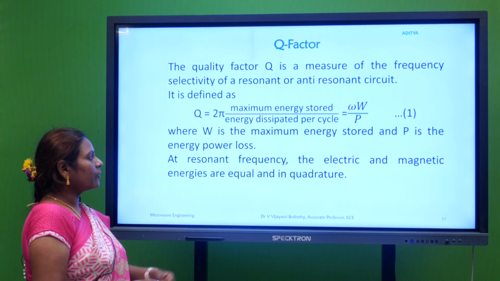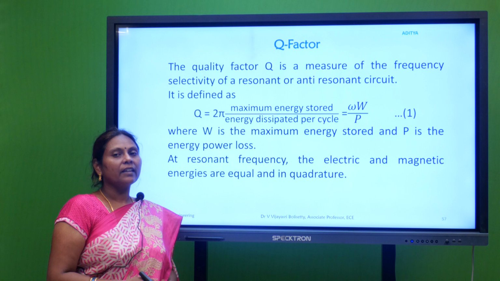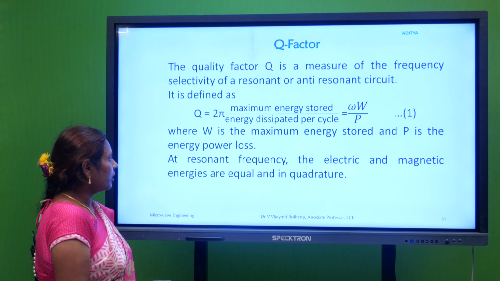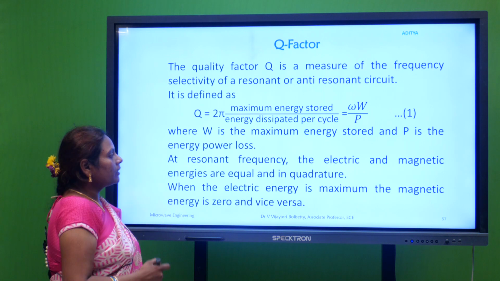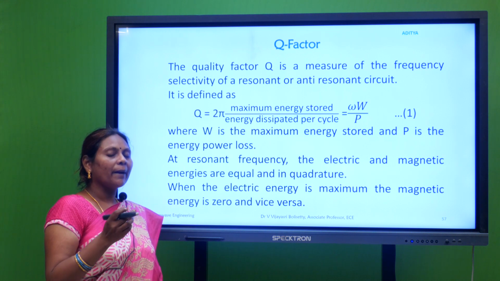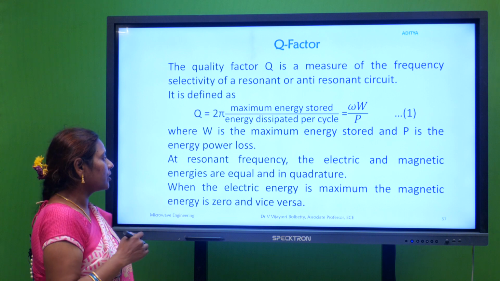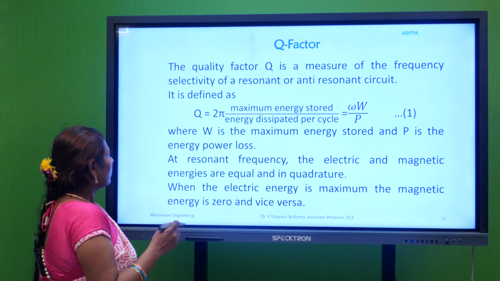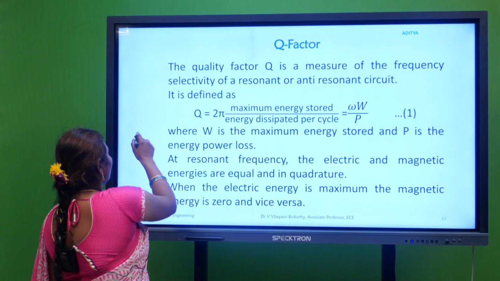Yes, at resonant frequency the electric and magnetic energies are equal and they are in quadrature. Also, when the electric energy is maximum the magnetic energy is 0, or if the magnetic energy is maximum the electric energy will be 0. So generally at the resonant frequency, that is